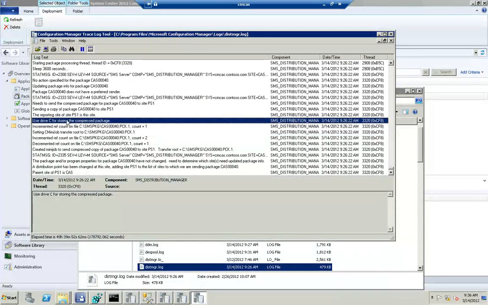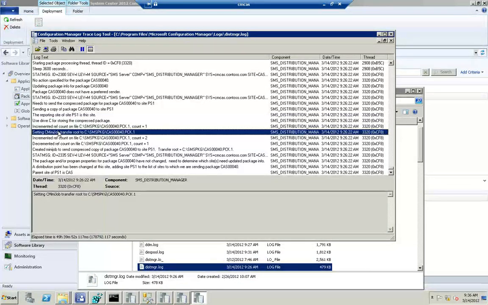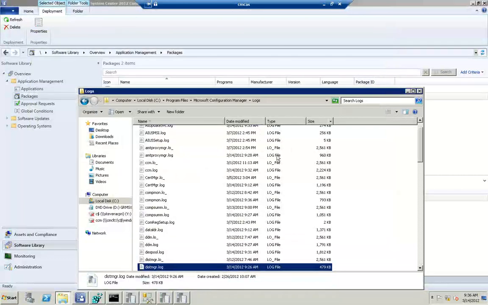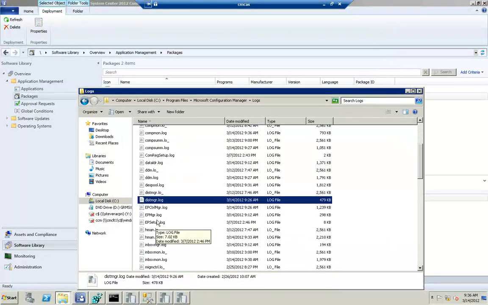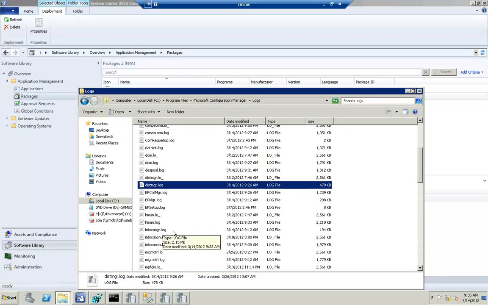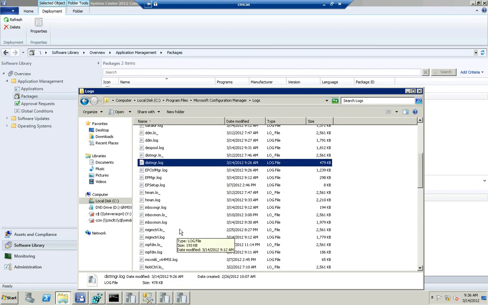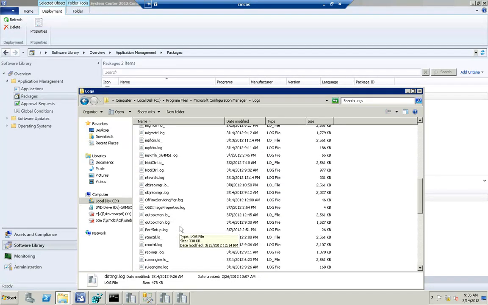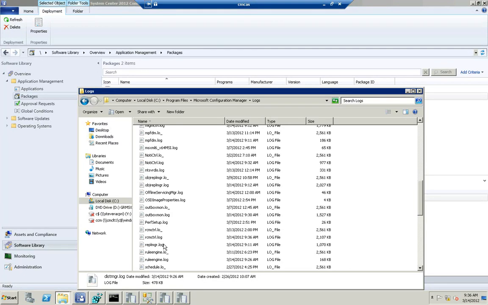Okay, and then after we're done compressing, we create what's called a mini job to cause that content to be sent to our child site. Okay? So from here what happens is this mini job is actually placed into a component called Replication Manager. Let's follow the timestamp, 9:26. So if we look at the Replication Manager log, there's a lot more we could look at in terms of file systems and different things, which we won't do today. But if we look in the Replication Manager log, here at 9:26,